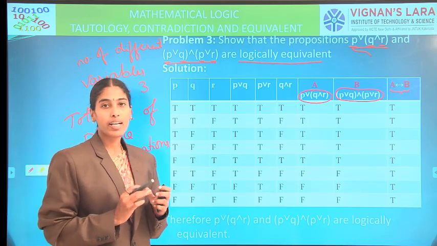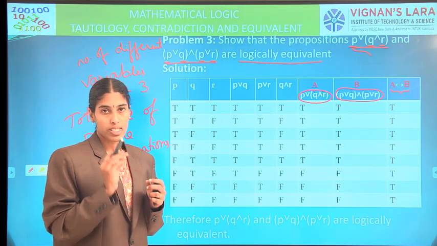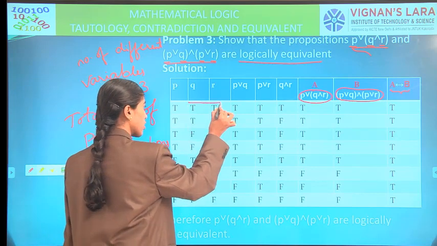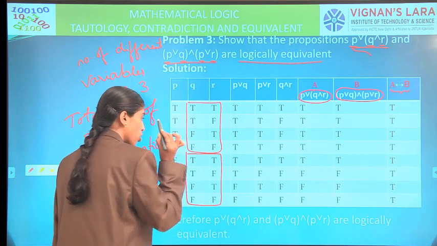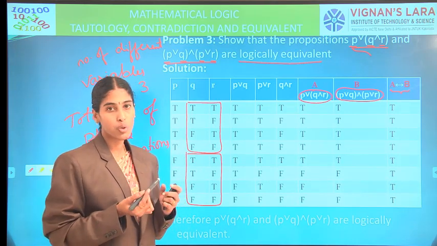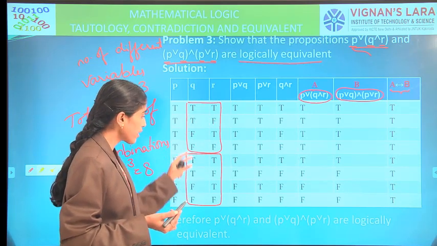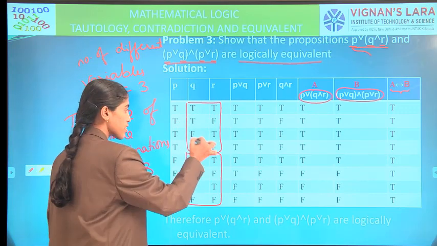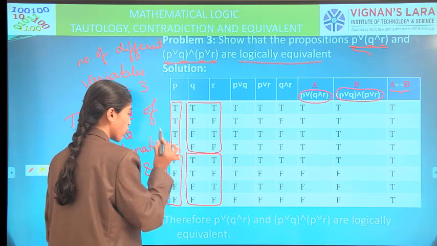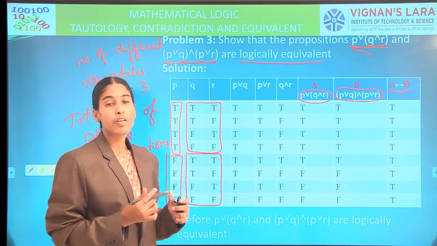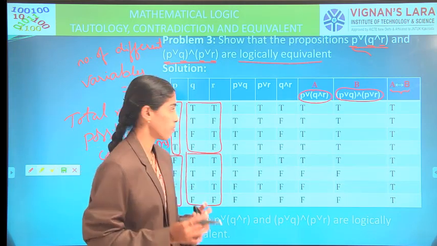Whenever we are writing three-variable combinations, I already said this clearly. One simple trick: for the second and third variables, write the two-variable combinations twice. All of you are familiar with those? So the two-variable combinations TT, TF, FT, FF, write twice. Before the first set, write T 4 times. Before the second set, write F 4 times. Then easily you will get 8 combinations without repeating anything and without missing any.